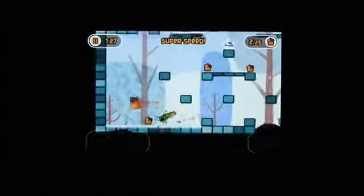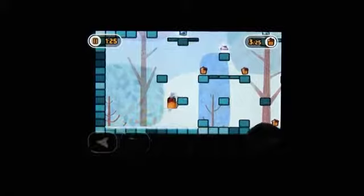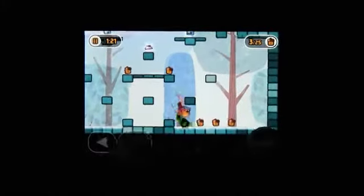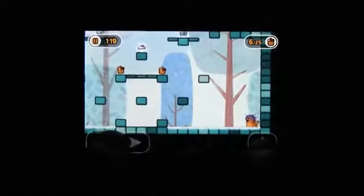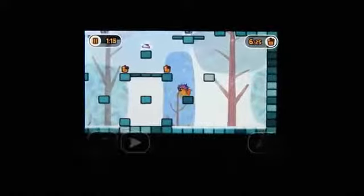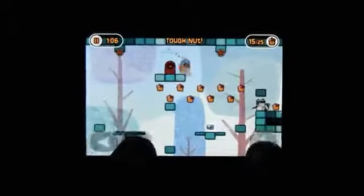Just released to the App Store, Little Acorns is about as old school as it gets. You platform, you collect stuff, you find the exit. These gameplay concepts have always been the foundation of this industry, and the game uses them with a contemporary sense of flair. Little Acorns' slick graphics and fantastic controls are the modern counterpoints to the dusty blueprint the game is